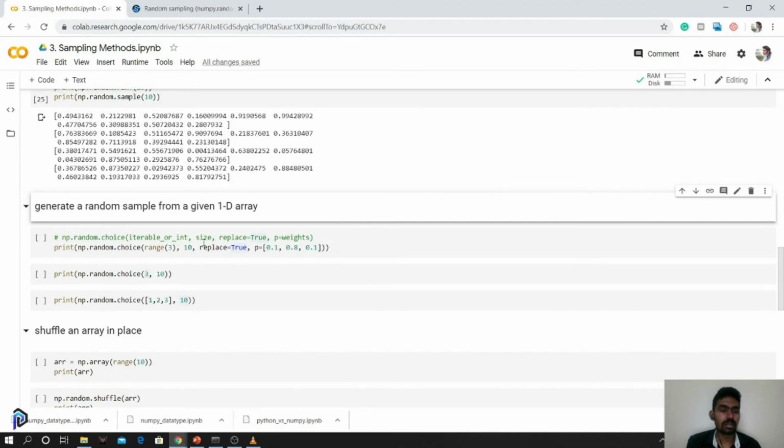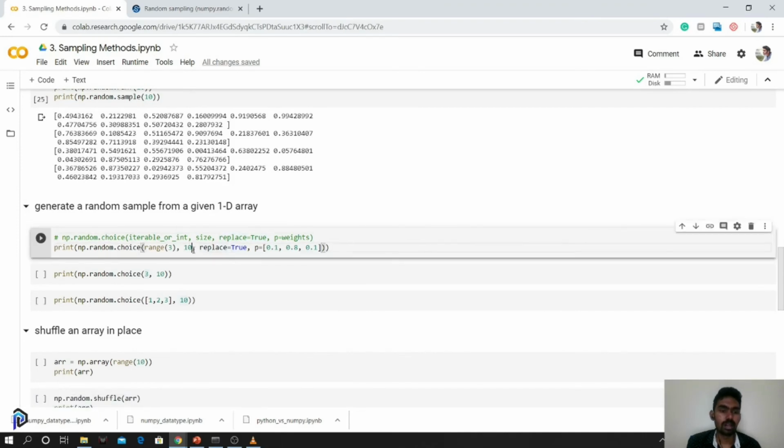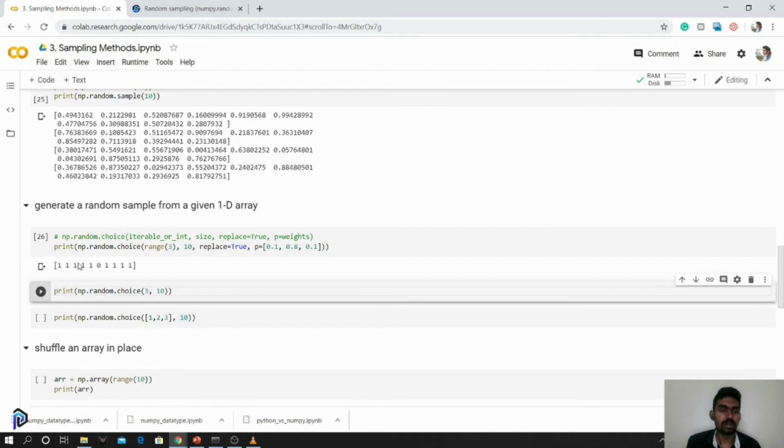Next one is np.random.choice. You are given a list and you give the size. What we do is choose from the given list, and you can also give the probability distribution. I've given a probability distribution of 0.1, 0.8 and 0.1, so that most of the time 1 is repeated.